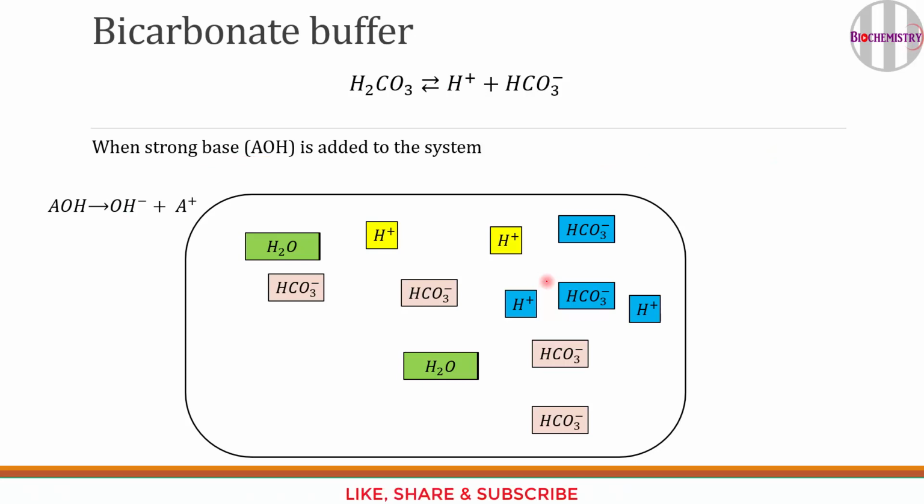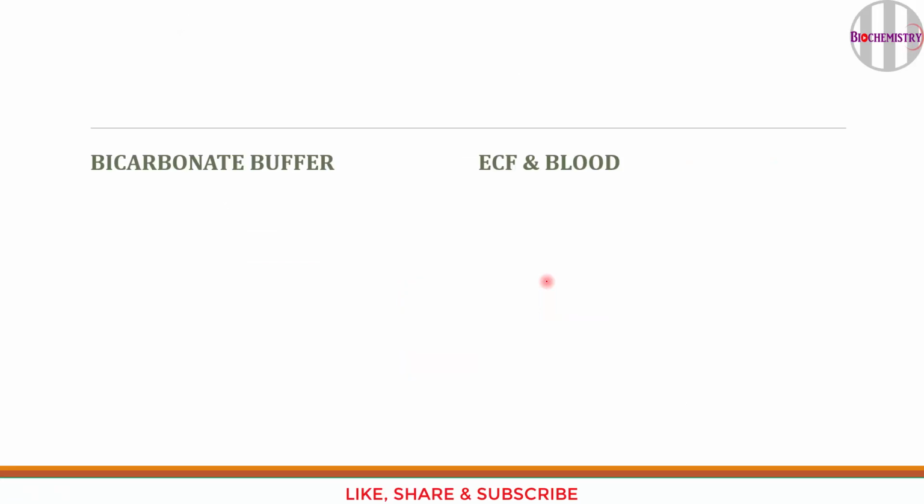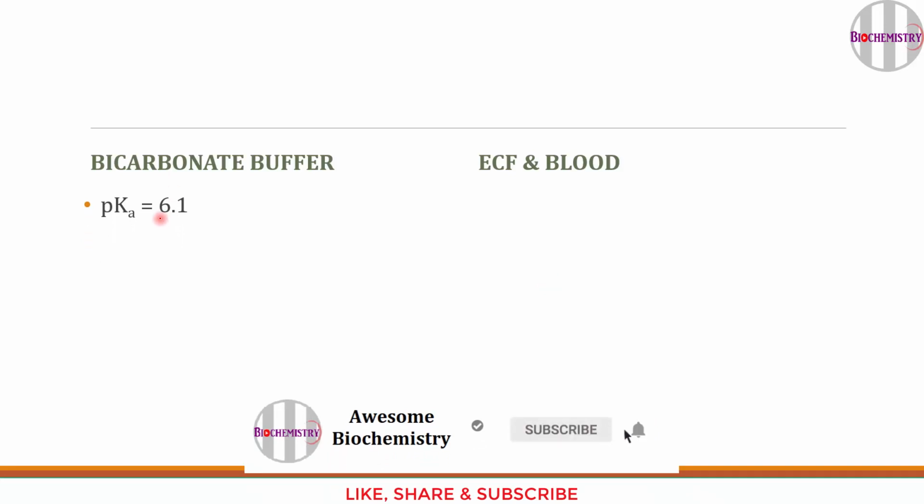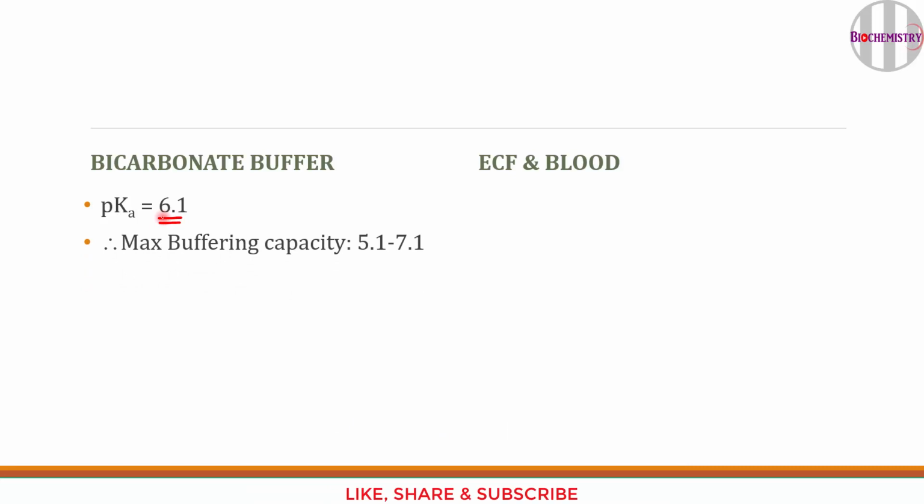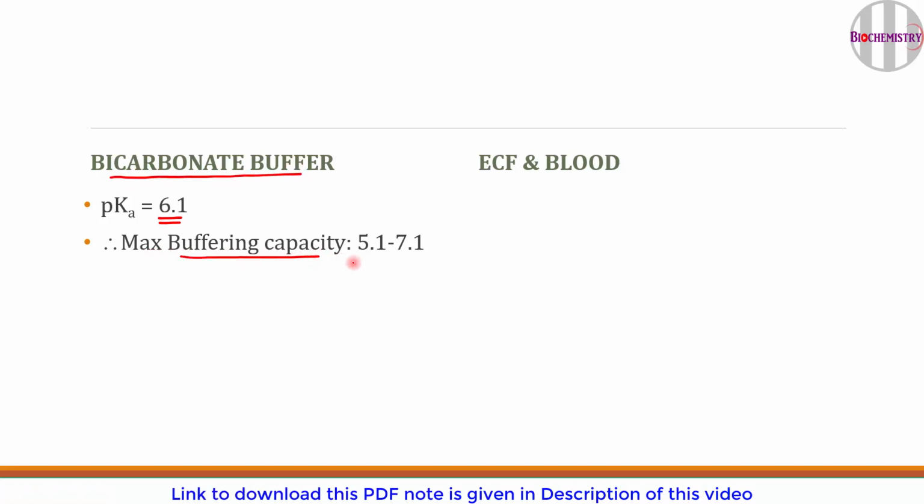Now let's check certain facts about the bicarbonate buffer. As mentioned earlier, bicarbonate buffer's pKa value is 6.1, and we know that buffering capacity is maximum within a range of pKa plus or minus 1. So in case of bicarbonate buffer, the maximum buffering capacity is between 5.1 to 7.1. Whereas if you look at the pH of ECF and blood, it is 7.4. This 7.4 is outside the range of